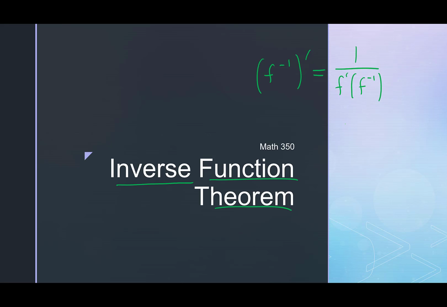But in any case, what I want to focus on more is something that's going to be seen in probably most of the rest of your upper division classes, and that's inverse functions and this idea of one-to-one and onto, which hopefully you've all heard of in some capacity. But that's going to be the primary drive behind this video, though, is inverse functions. So let's go ahead and get to it.